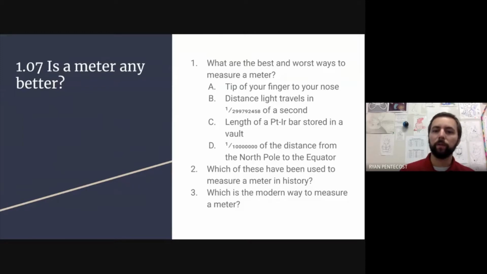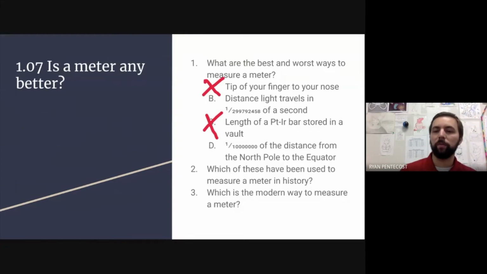Now, which of those do we think would be best? Well, tip of your finger to your nose, not great. I don't know about you guys, but Kevin Durant's meter is probably longer than my meter, so that's not a very good estimate. We already talked about the flaws of having some platinum iridium object